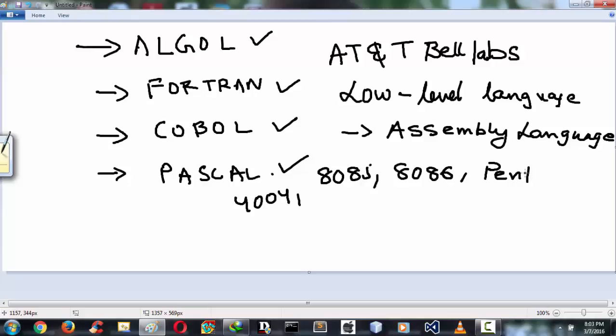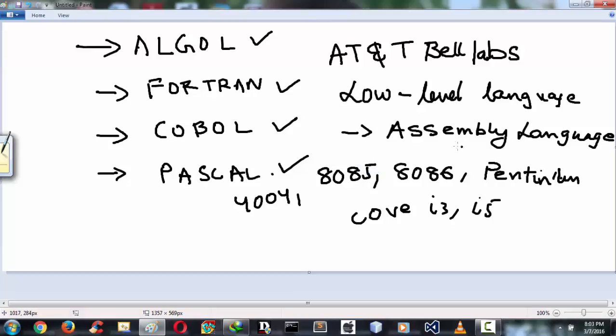In those days we had Pentium and all Pentium processors. Now they are calling it Core i3 processor, Core i3, i5, and they are calling it like that. So each and every processor has its own assembly level language, which is nothing but a set of instructions